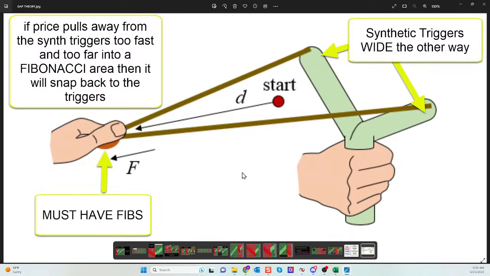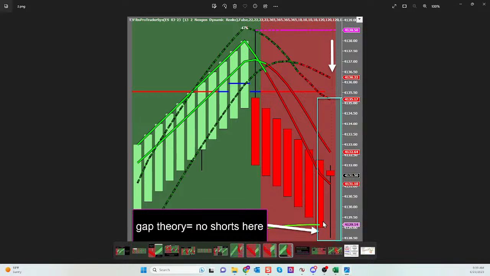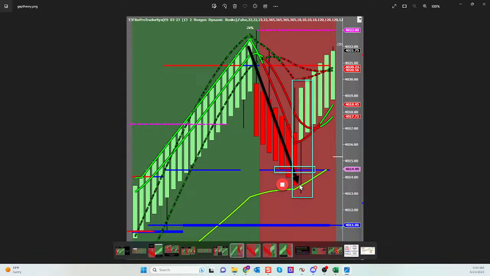It's called the gap theory, and you're going to hear me talking about it in class. If the large triggers are a full bar away and price reaches that mid-band, guys, we're not taking short trades. This may act as a termination condition. Sophia, does that make sense? Because it's acting as a termination condition, guys, because it may close the gap back to those triggers, any short trades that you take in between the bottom of that price bar and those large triggers is likely to get run over.